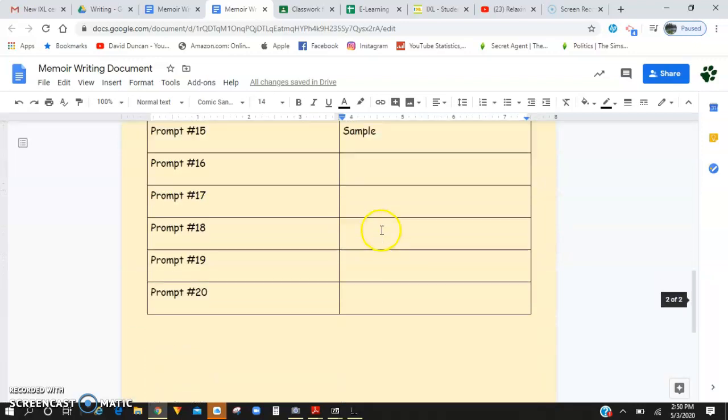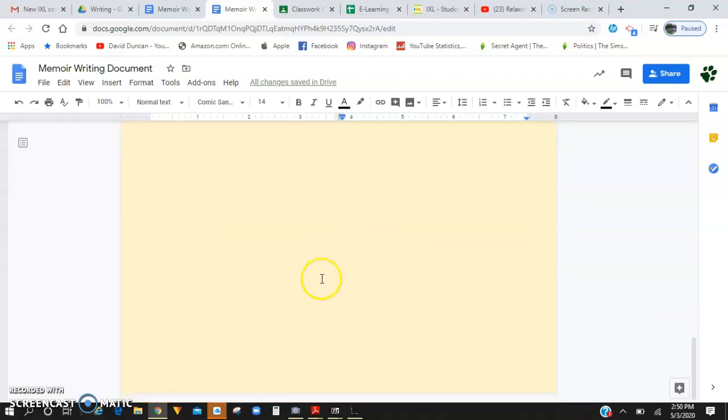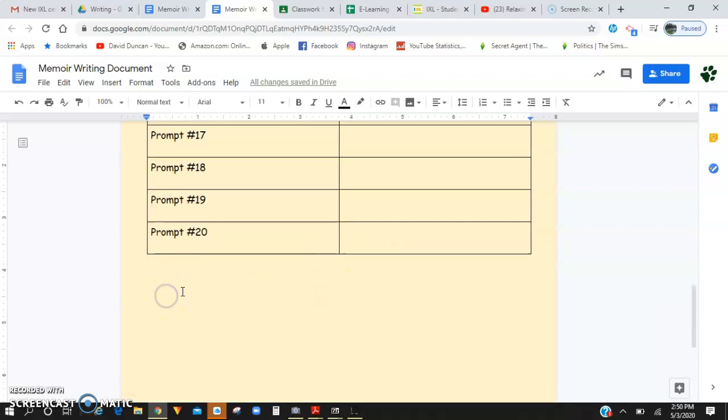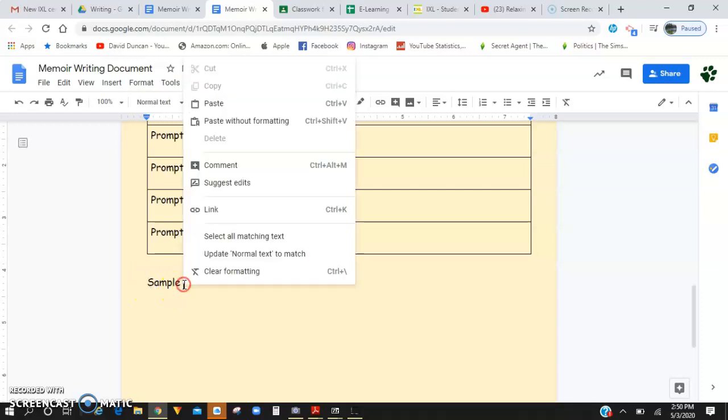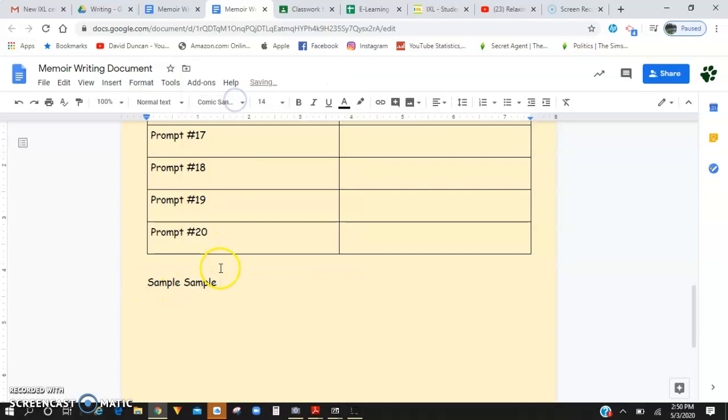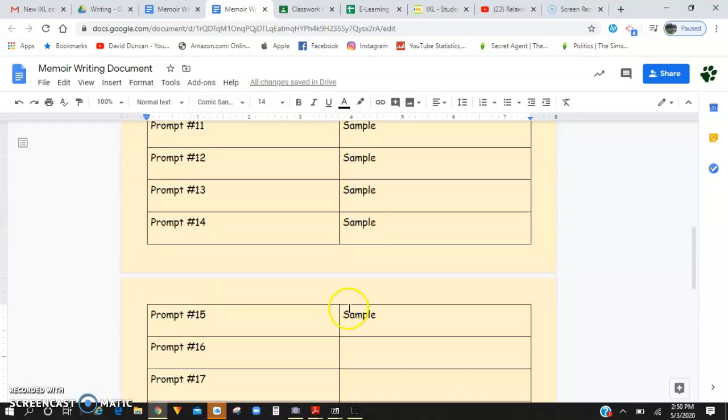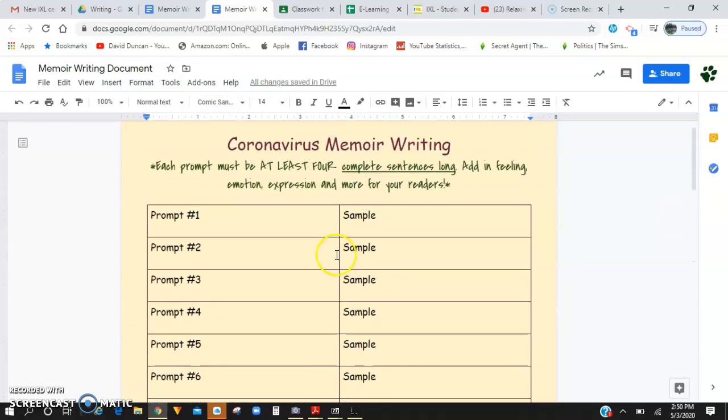Then I want you to go to the bottom of your document, right here, hit enter a couple times, hit Control-V, and it should paste it, or right-click and hit paste. I need you to do that for all of the writing that you have in here.